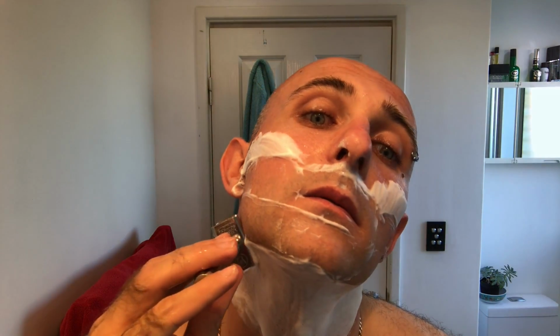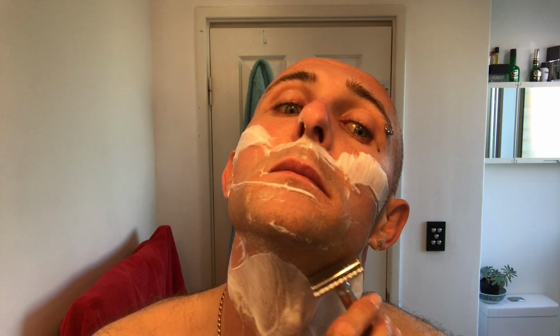Right, work in progress, Merkur, setting 5, third pass across the grain the other direction. Now, one thing I did notice with this razor, it's actually the first razor that I've managed to go straight across my lips with, comfortably, without worrying about nicking my lips. I get that sensation with the Mühle R41 when I'm going over the lip section. I feel like I'm going to cut into my lips, so I sort of judder along and I don't really get a comfortable shave over that area. But this,